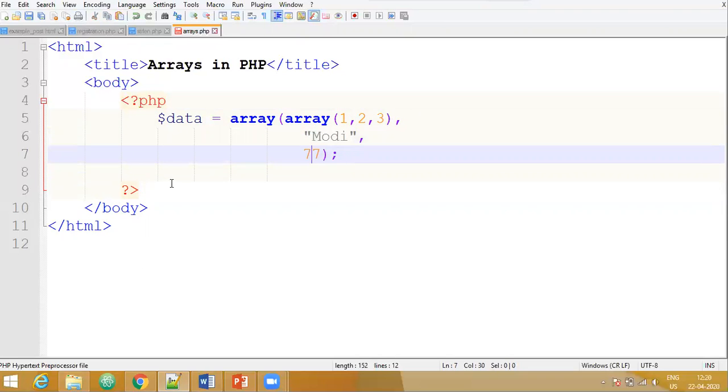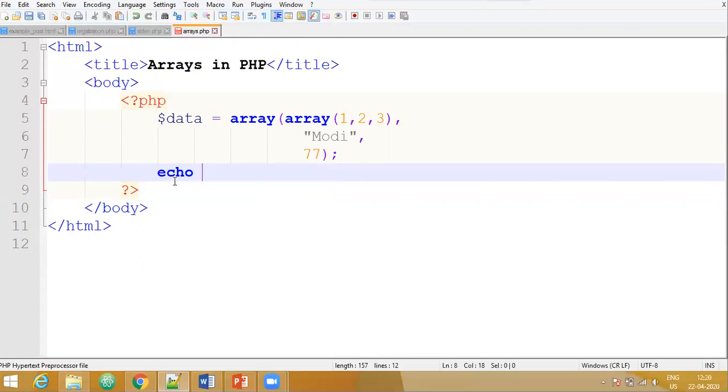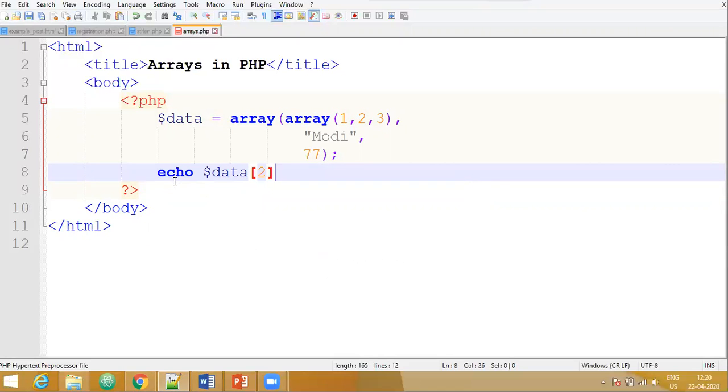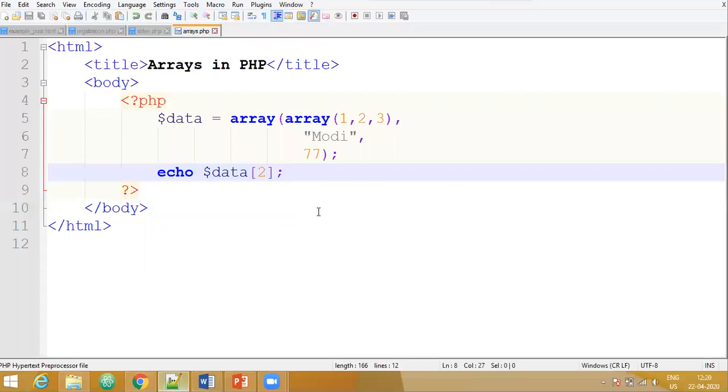So now let us try to access the value that is present at index 2. Refresh this. So we are getting the value 77, correct. So this is at index 2.